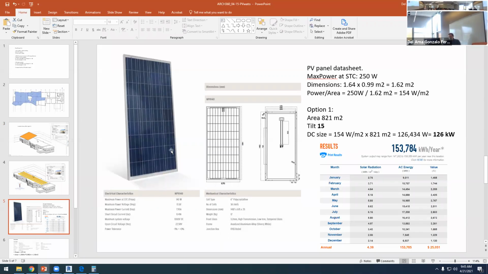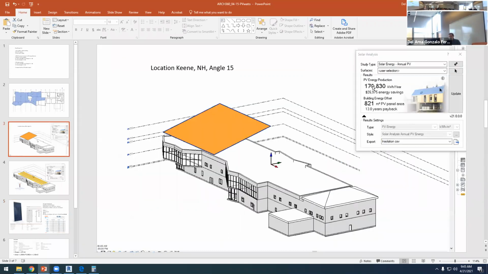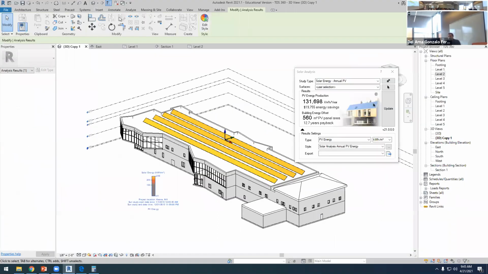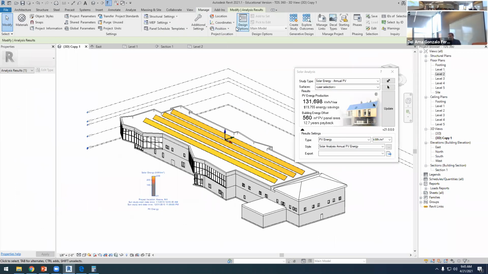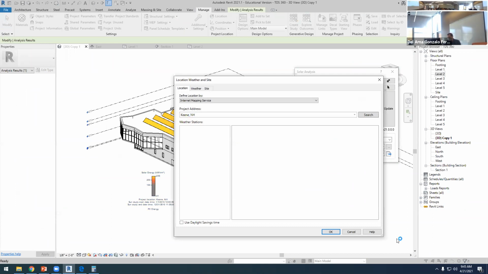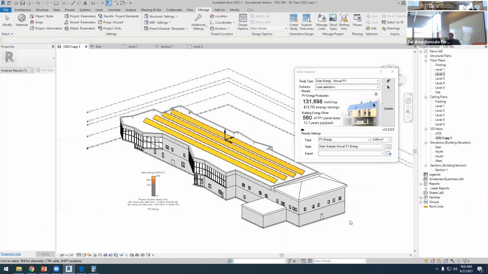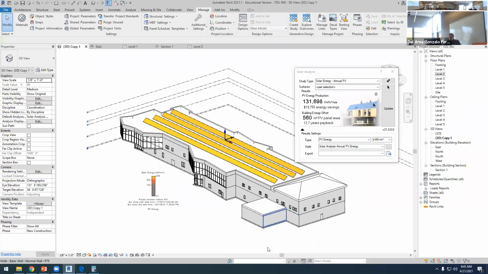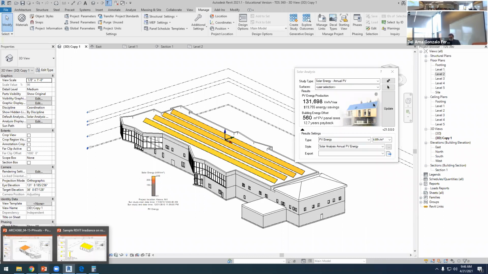I mean, this is 153, this is 179. We have to make sure that we're analyzing, well, I have not checked the location. So we have to make sure that the location is Keene, New Hampshire. And now I have to do the same with the other option. In this option,